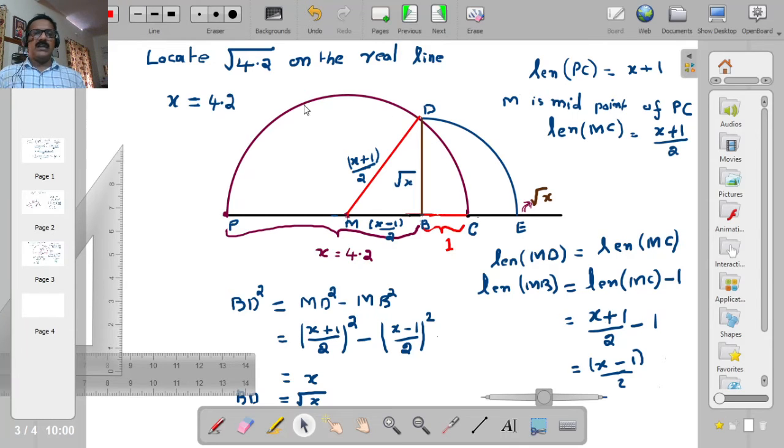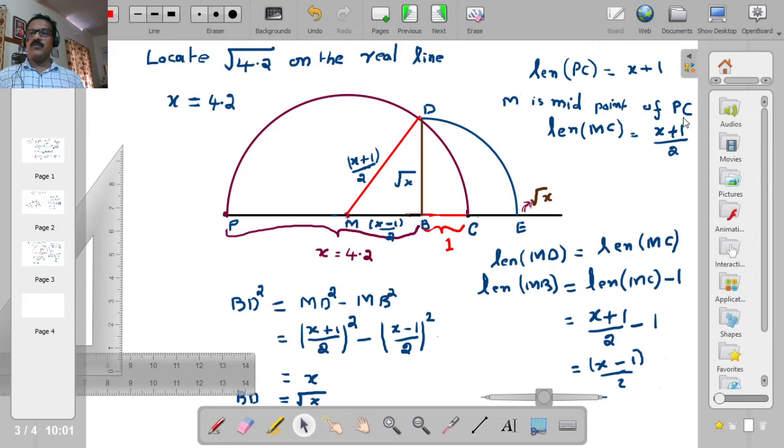And we have drawn a circle like this. What will be the length of MC? We know that length of PC is equal to length of PB, which is x unit plus 1 unit. We have drawn line segment PB with length x, and we have extended it by one more unit. So length of PC is length of PB plus the length of the extension, that is 1 unit. Length of PC is equal to x plus 1 unit.